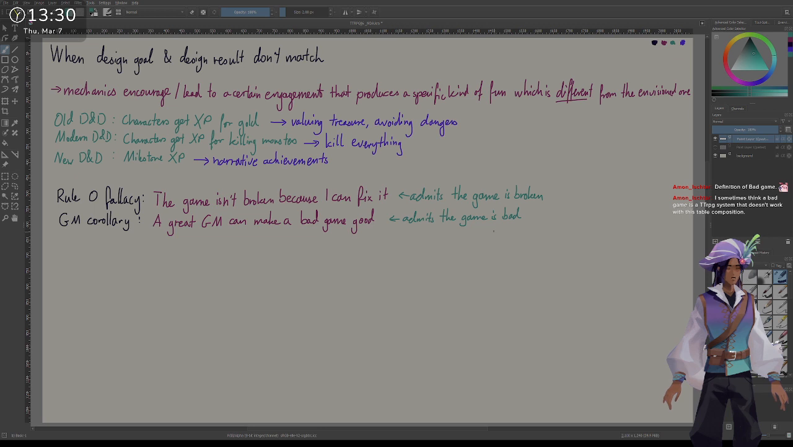Definition of a bad game. Again, depends on what you're trying to do. If you're trying to make a light-hearted party game where people can have fun, then having a very confrontational game that really gets out a competitive side in people can be bad. Sometimes I think a bad game is a TTRPG that doesn't work with this table composition. Not necessarily. That game would be a bad fit, and that is certainly possible